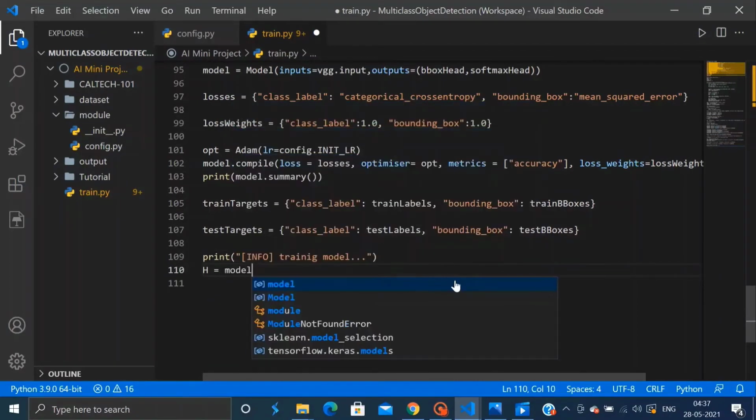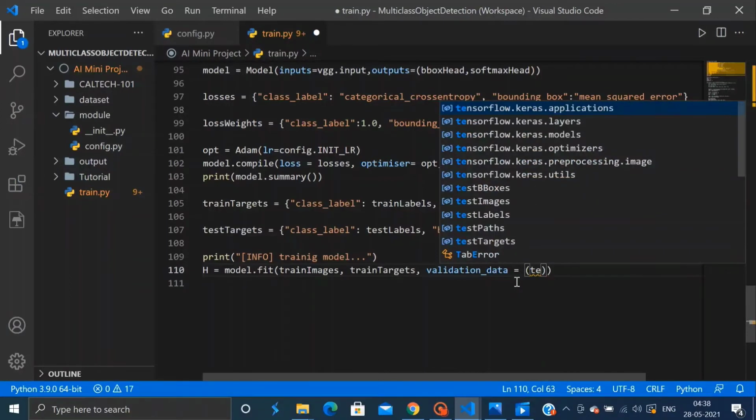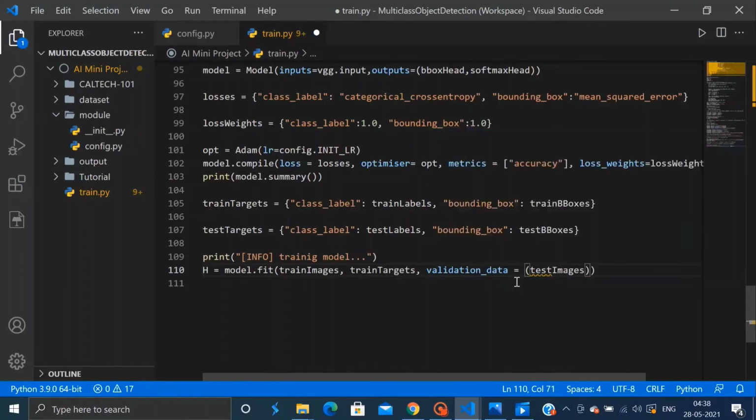We will train our model using the model.fit method, and in this we will supply our train images and train targets as our training data, and for the validation data, which is our testing data, we will have the test images and test targets.